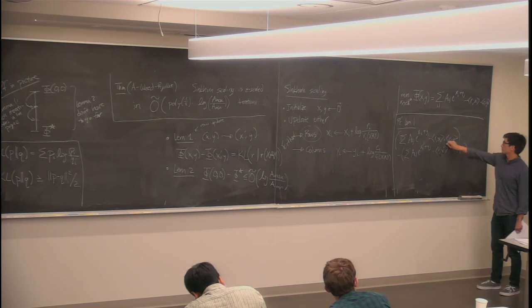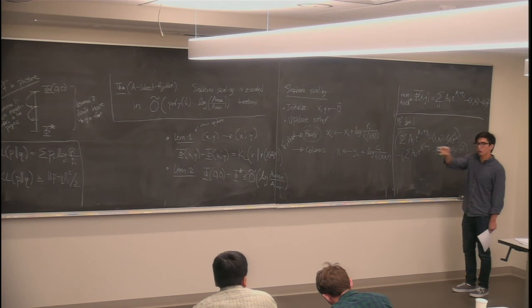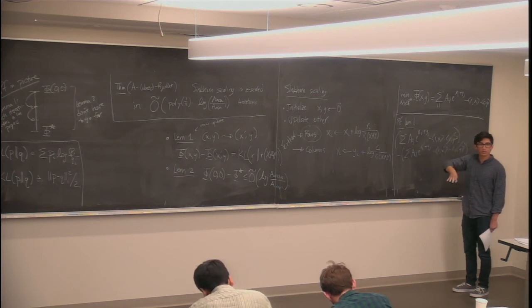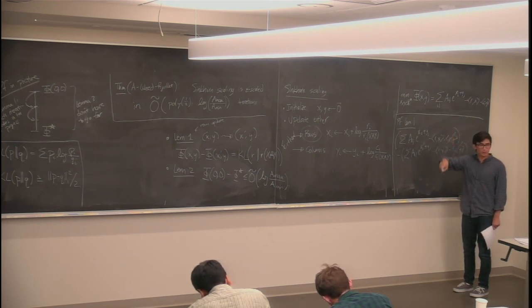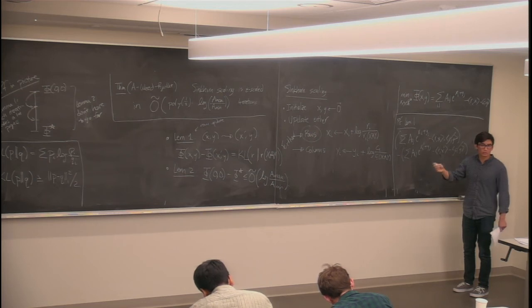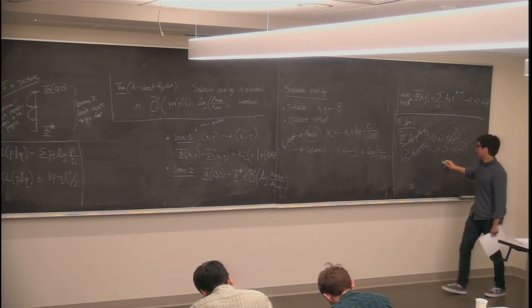Y has not changed, so these things are exactly the same, they cancel. These sums are actually both 1. Why is that? Because in each iteration of Sinkhorn, either your rows are normalized or your columns are normalized. This is exactly the sum of all entries in the matrix. So it's in particular equal to the sum of everything in the rows or everything in the columns. It's equal to 1. So these are both the same. So you're left with just these two terms, which is